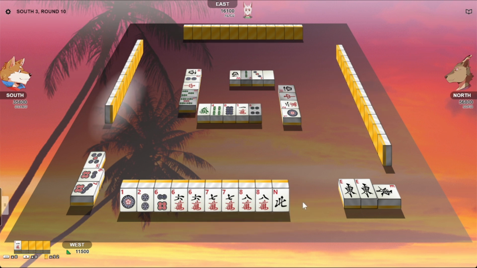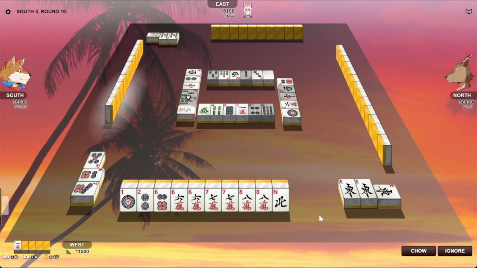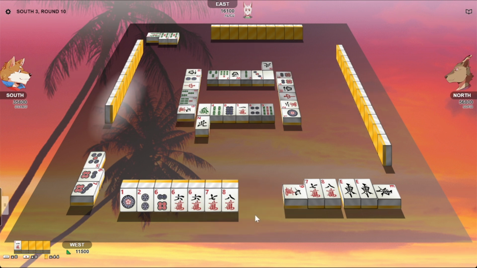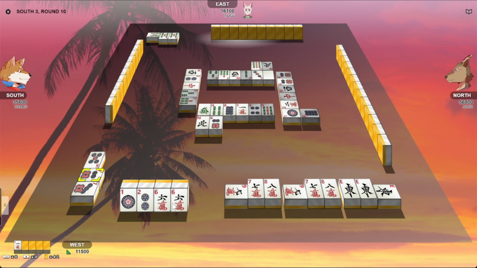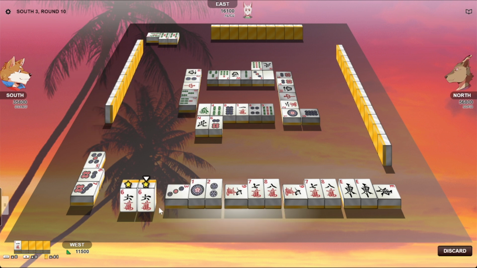This. Chow it. What even is it? Well, it chowed, so hooray. I'm gonna get rid of this. And then chow that. And then get rid of this, I guess. And then chow. And then